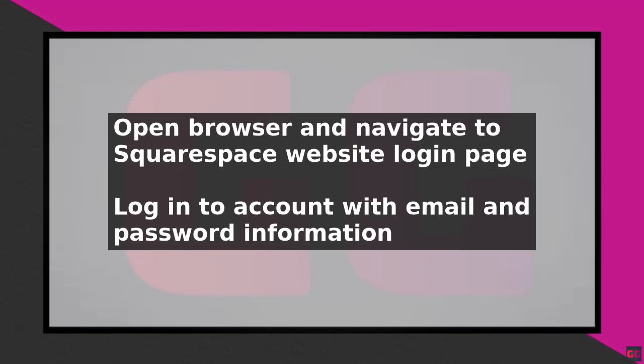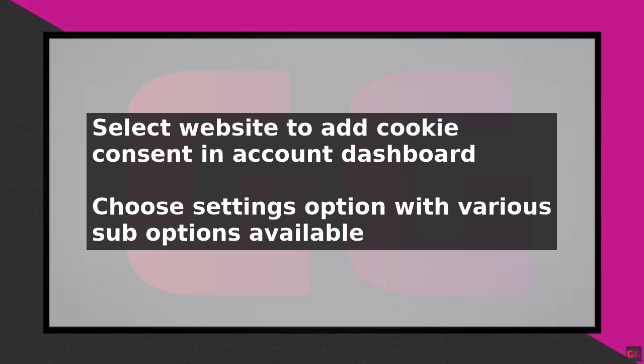To add cookie consent in Squarespace, start by opening your web browser and navigating to the Squarespace website. Once there, log into your account by clicking on the login prompt and entering your email and password information. After gaining access to your account, proceed to the account dashboard and select the website where you want to add